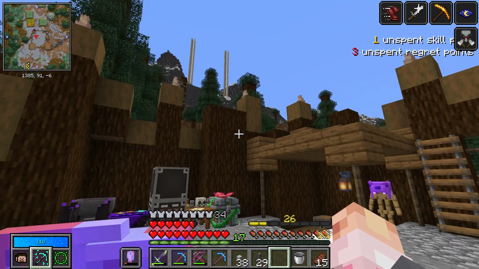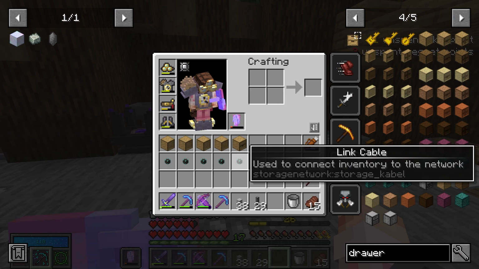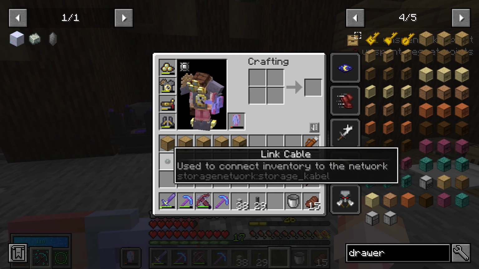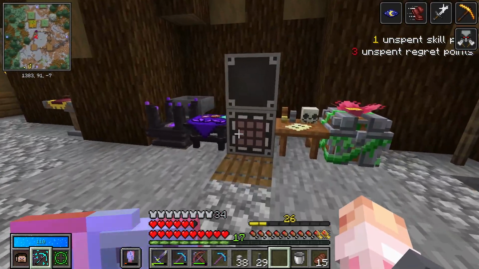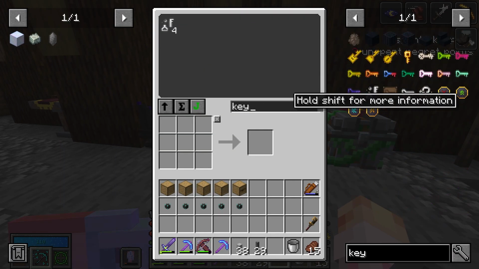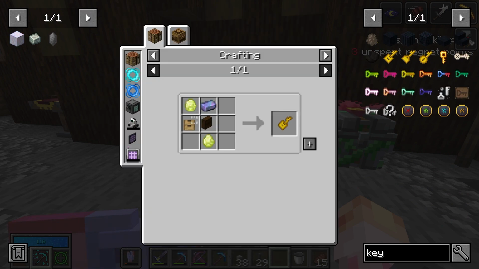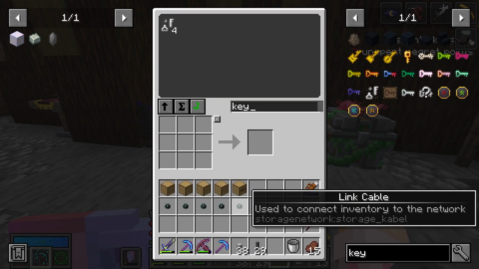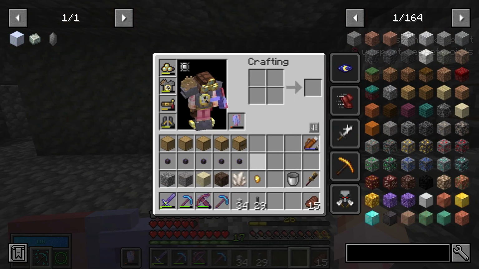Now, to be perfectly honest, we can actually place these drawers wherever we want, but I just remembered I did not prepare for this because we specifically need filtered link cables. Well, no, actually. We just need a key. We need specifically a drawer key. Really? Okay, all right. Filtered link cables it is. How expensive can that be? Not at all. Awesome. Okay, so I have all the filtered link cables and all the filter items we need,